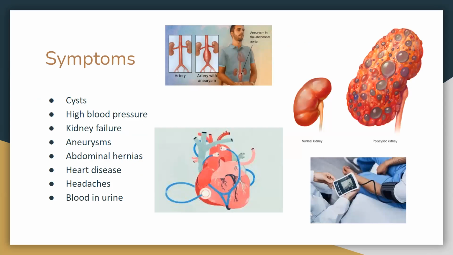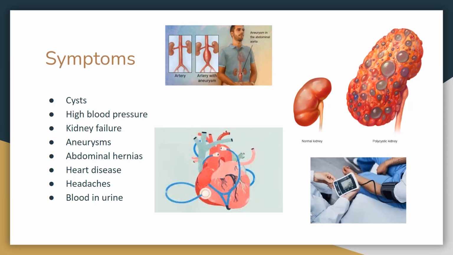So as the name suggests, polycystic kidney disease causes the formation of cysts in the kidney, but it can also cause cysts in other areas such as the pancreas, liver, and ovaries. The cysts in the kidney increase both the size of the kidney and the abdomen, usually causing back pain. The increase in kidney size results in a higher blood pressure and impairment of the kidney's ability to remove harmful toxins from the bloodstream. As Nathan mentioned, in the majority of cases, the kidneys will fail, and this can cause